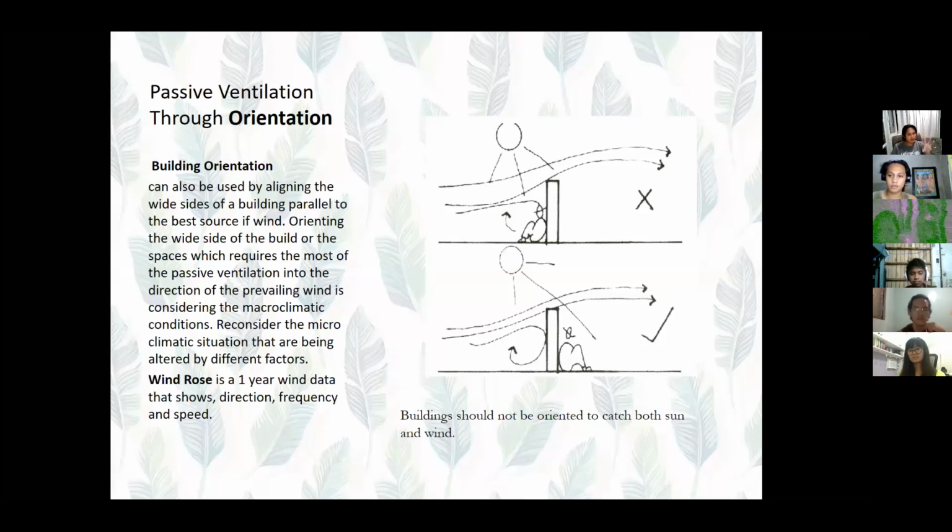Pero if ever nagkataon na ang orientation ng init tsaka yung hangin is at the same direction, always choose to avoid the heat kaysa mahanginin ka. That's the rule of thumb there. Okay? Tapos, at the same time, aside sa prevailing wind,